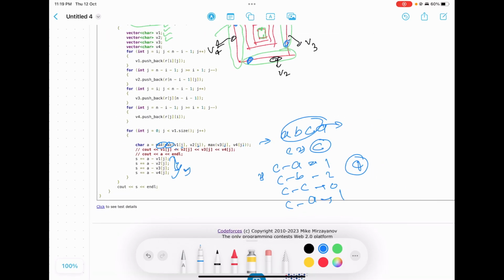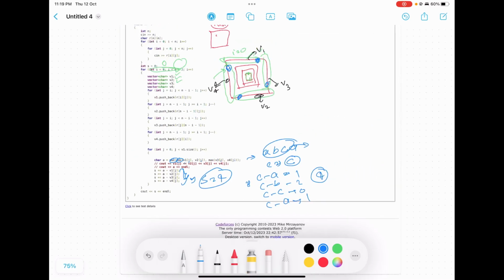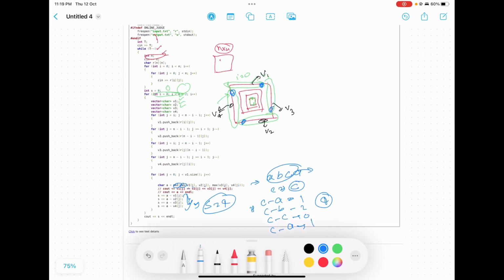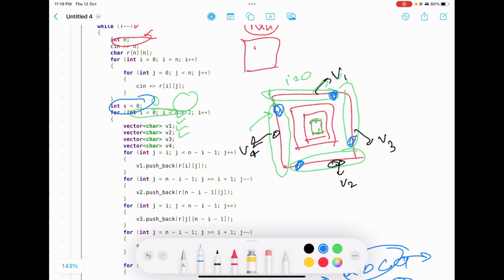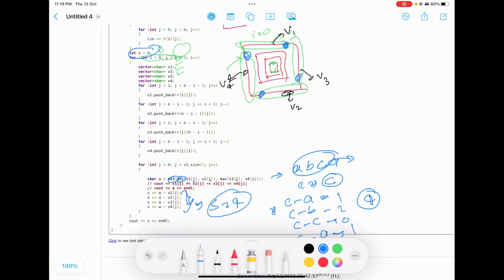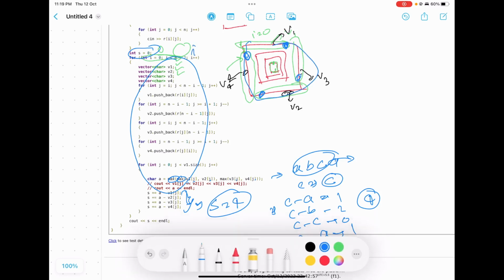So S is 4 here. We are storing this S in this. So this whole for loop is for the outer circle, and for i equal to 2 it is for the inner circle, and again it will continue to